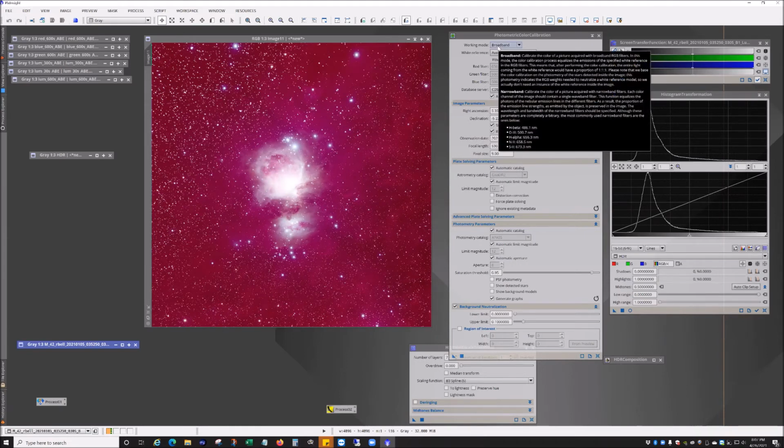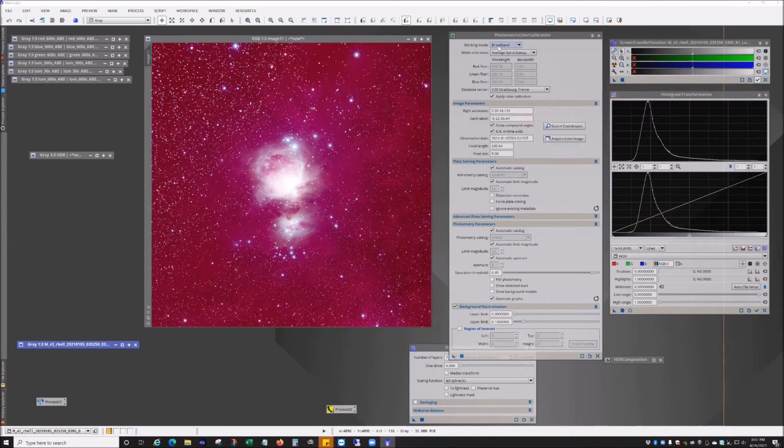Your working mode. We're doing broadband. You could do narrowband. That's an option. Your white reference, the default is fine. There's a lot of things you could do. I mean, you can do all sorts of stuff. You can base it off of stars, different types of galaxies. The average spiral galaxy works really well. So